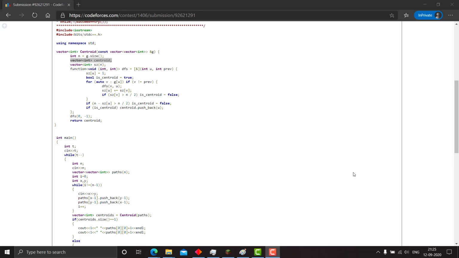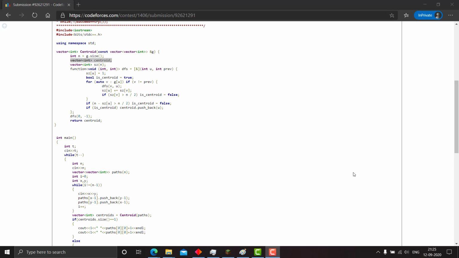Okay, so this is a lambda function in C++. If you know how to use it, it's quite simple. We just declare a lambda function dfs, which takes u and a parent or previous. We set size of u to 1 because this vertex is there. Then we set the bool is centroid to true, which means we consider this to be a centroid.